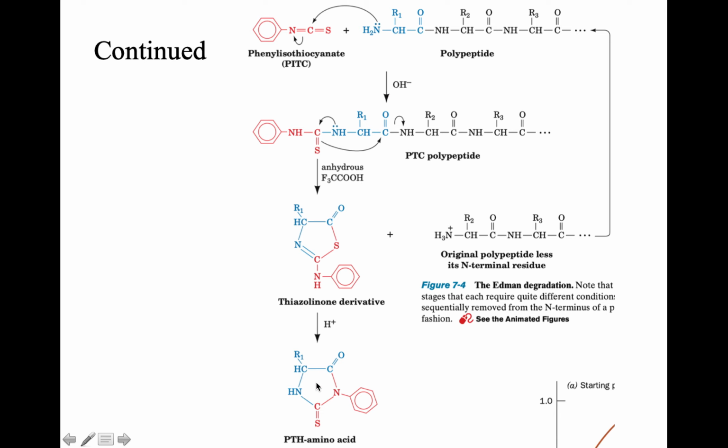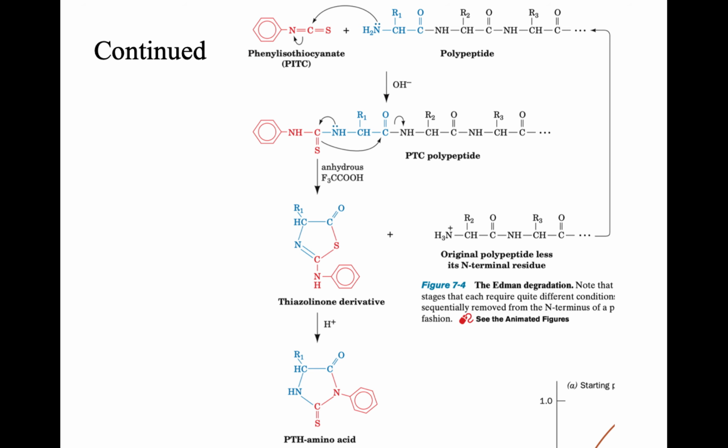This phenyl thiohydantoin amino acid will be separated and purified, and it is detected in the HPLC by using the known standard PTH amino acid. The rest of the polypeptide chain will again be subjected to the Edman procedure. Now the phenyl isothiocyanate will bind to the second free amino group, which is present over here, and the same procedure continues. In this way, we can sequence the polypeptide chain up to 40 residues using the Edman procedure.